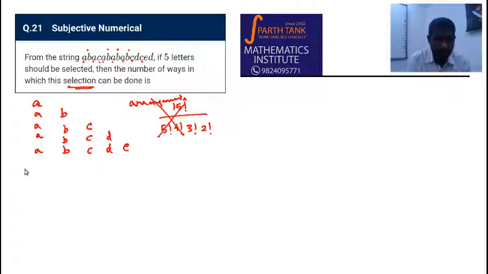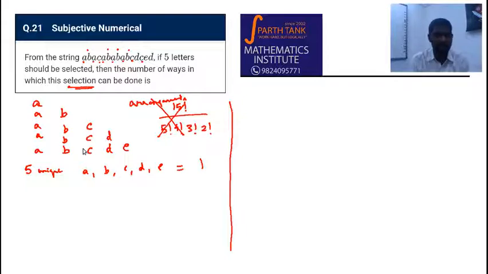So first thing I'll do is all 5 unique. That is, it can be A, B, C, D, E. Now there is only one selection like this, right? To get A, B, C, D, E, there's only one chance. Okay. Now 2 like and 3 unique. That is 2 A's and then B, C, D. Or 2 C's and A, D, E. So 5 letters only, no? Okay. So like that, to take these 2 like letters, I can take the 2 like letters from A or B or C or D, right?